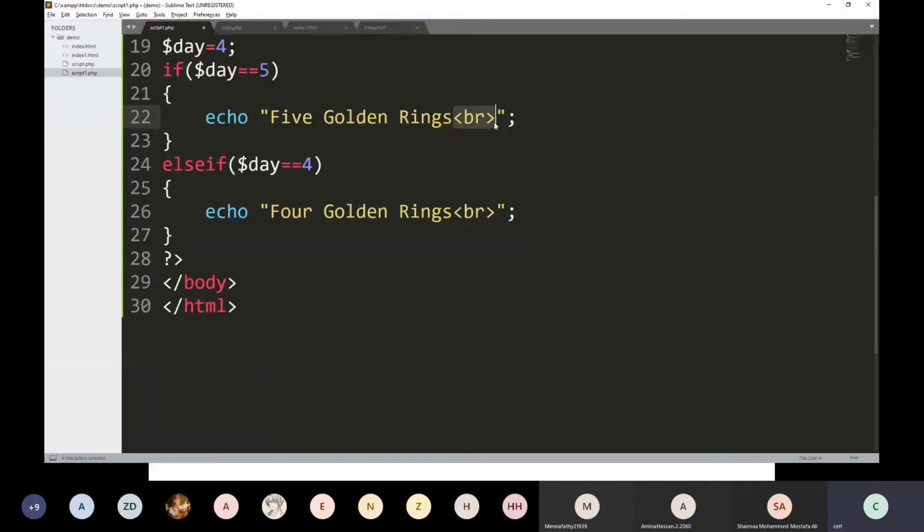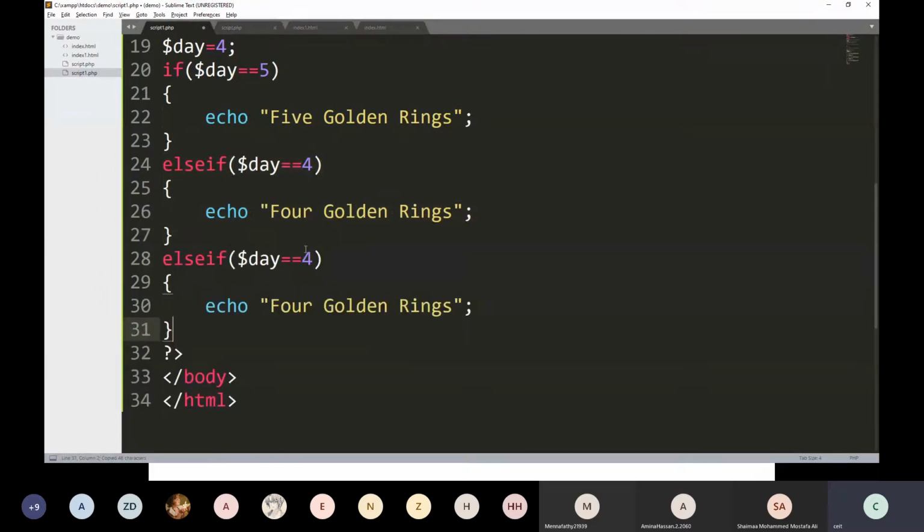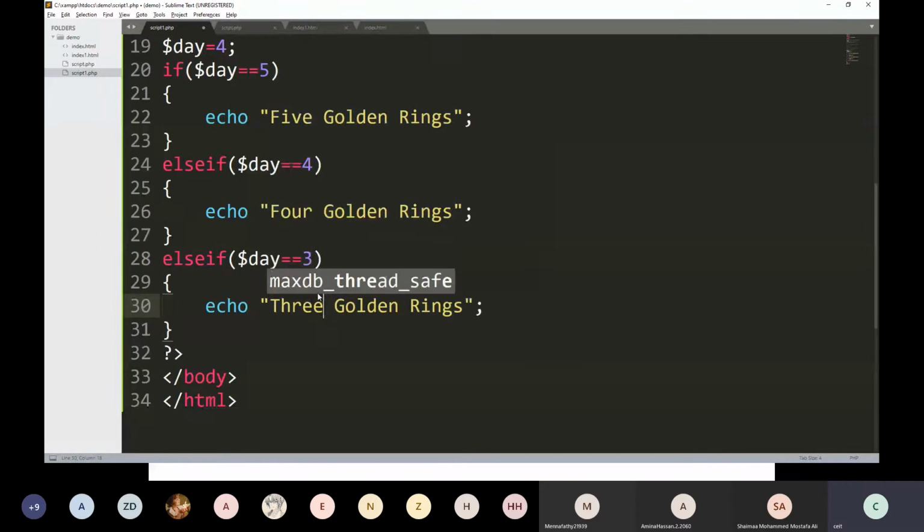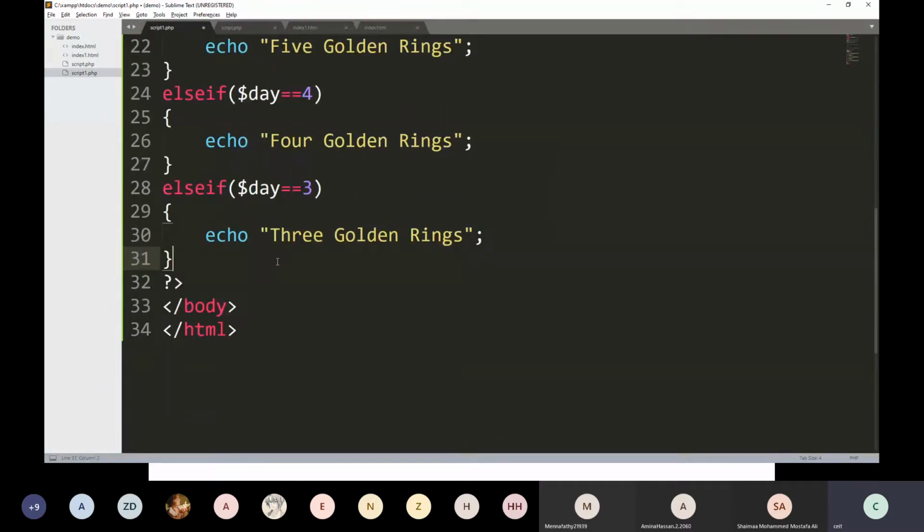Here when you are using echo, no need of break. Then you can copy this and write the multiple conditions. And if all the conditions are false, then whatever you are writing in the else part, suppose here I am writing completing the condition,